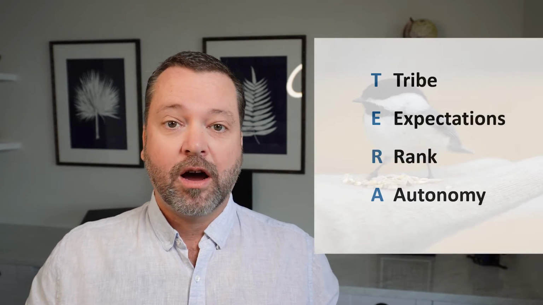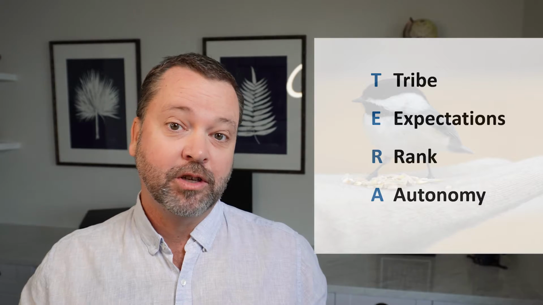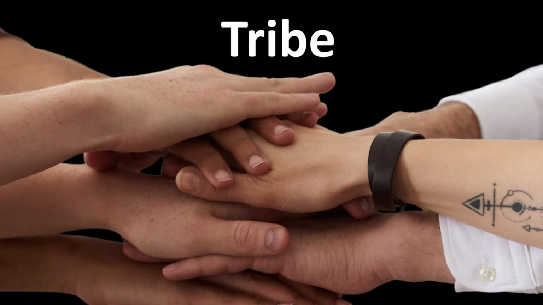Last week, I introduced the TERA model of tribe, expectation, rank and autonomy so that we can be strategic in the way that we build trust with students. And you'll remember that the goal is to reduce and to minimize threat and to maximize reward in those 4 domains. And today I'm going to unpack ways that we can maximize reward in the tribe domain, which is all about, are you for me or against me?